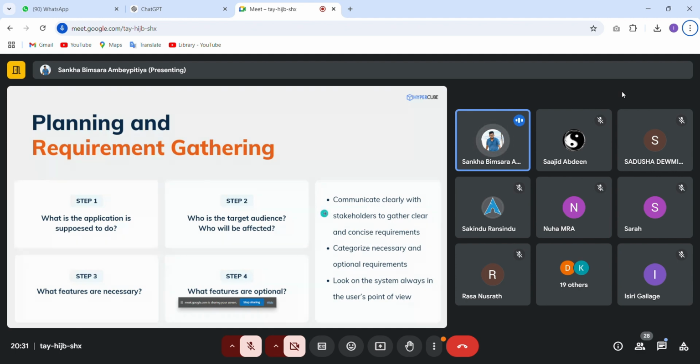So before going on with coding, you have to have a clear understanding about this. As entry level developers and future engineers, I think you have to go through this planning and requirement gathering process before quickly opening an IDE and starting the coding development process. Okay,